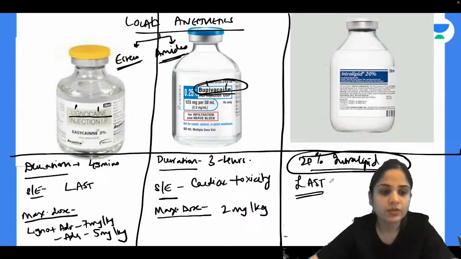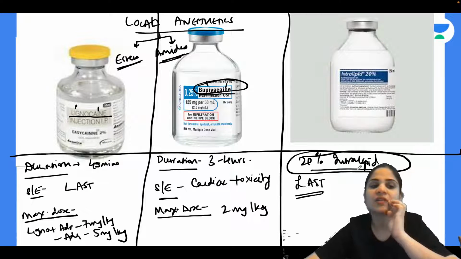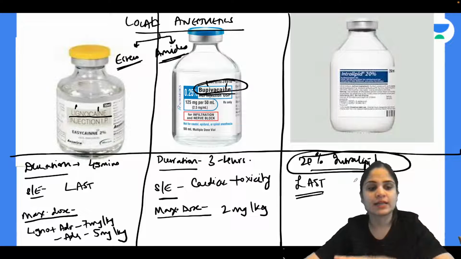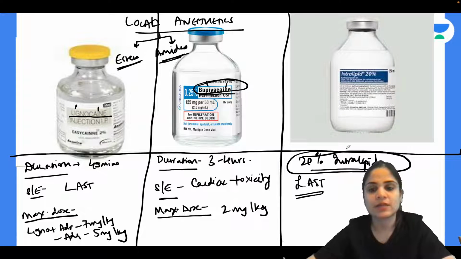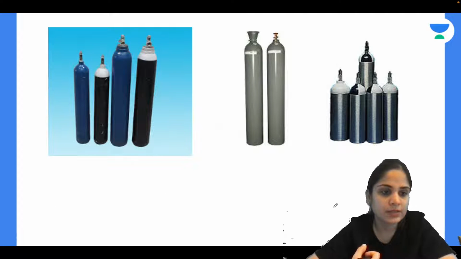Okay, so whenever you have LAST or local anesthesia systemic toxicity, if you give excessive local anesthetic agent or you directly give the entire dose of local anesthetic agent into the blood vessel, you can get LAST. So patient will present with tingling, numbness around the mouth, seizures, arrhythmias, cardiac arrest, all of those things. In that case, we give 20% intralipid as the treatment of choice. Alright, okay. Moving on to our next set of pictures in discussion.